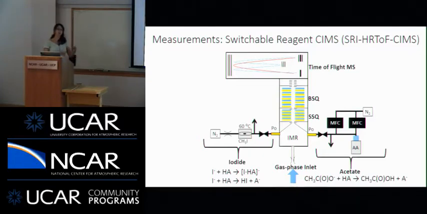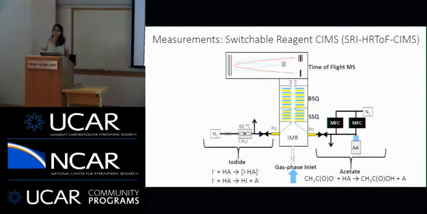We can also do a proton transfer reaction. So we can take the proton from our molecule of interest and move that proton over to I-. And now, since we've removed a proton from our molecule of interest, we have an anion. And we can do a similar set of reactions with acetate. So now that we have charged the molecules in the atmosphere with whatever chemistry we choose to use, those ions can now get sent through a series of quadrupoles. The quadrupoles are really there to direct the ions into our mass spectrometer. And then we use a time of flight mass spec to actually analyze the data.